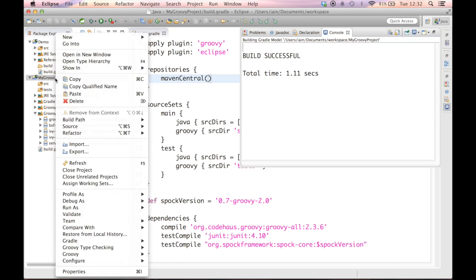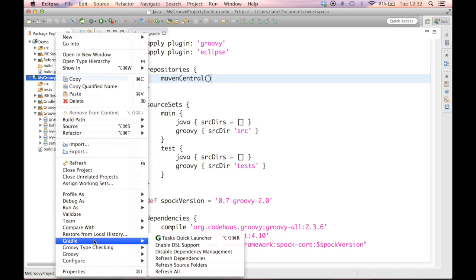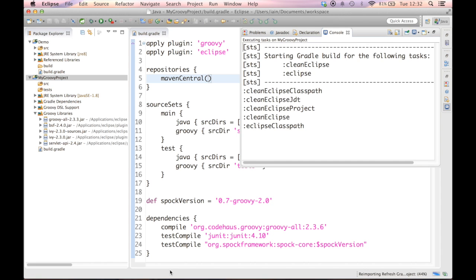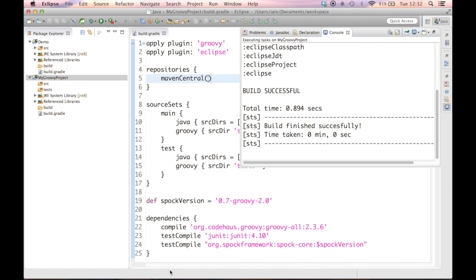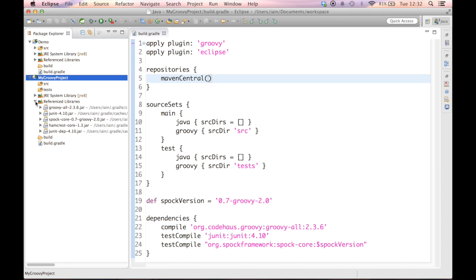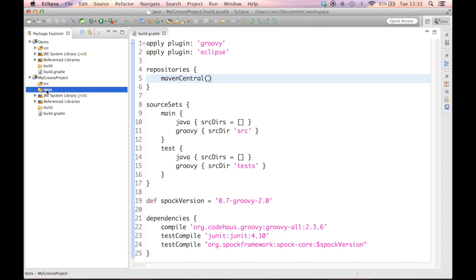And if I do a refresh from the Gradle down to here, and now open my reference libraries, you can now see that I've got Groovy all 2.3.6, JUnit, Spock Core, Hamcrest and JUnit. And so I'm now able to go into my test directory and start writing Spock tests on Java or Groovy or a